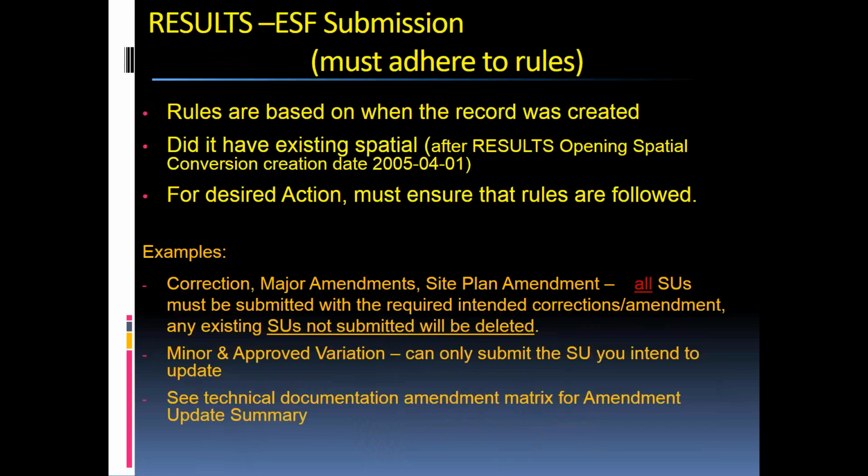So something that you need to be aware of is that if we are involved with doing any submissions through ESF, there's going to be a lot of rules. And that's the thing, is that Results has some edit rules that are in place to ensure good data integrity. And so a lot of these rules are actually based on when the record was created,